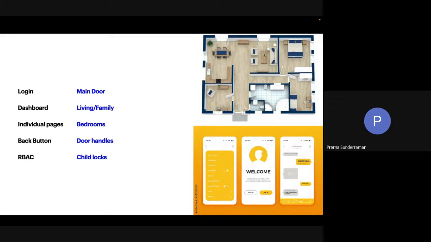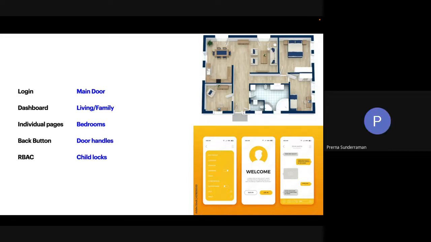Is there any other parallels that anyone else can maybe think of? Feel free to share it on the chat or call it out now, or you can reach out to me via LinkedIn or anywhere. I'm always curious to get into discussions of what these parallels could be. Great. Okay. It's radio silence. That means everybody understood.